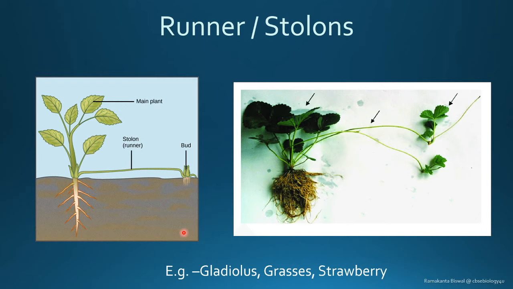So these structures are called the stolon or the runners. Now, on the right side, what you see here is a strawberry. The strawberry also has the runner, the stolons, and you can see here these are roots, and this particular structure that connects, and you can see here is a separate, or the second, strawberry plant that is developing. Here is a third strawberry plant that is developing, and the origin is from a single parent, original strawberry plant that is connected to the structure that develops these structures through these runners or stolons.